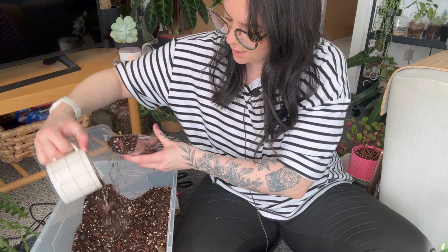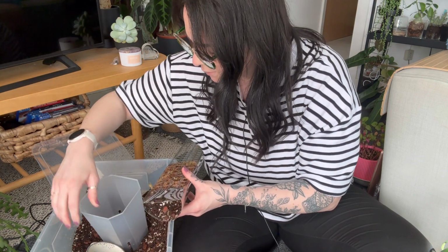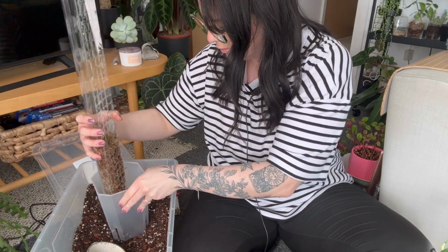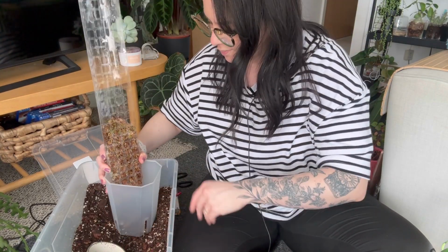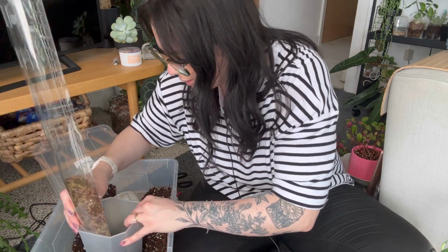This is probably all just going to come out when I put it into the pot, isn't it? And I need some substrate in the pot. Okay, I think that went all right. That did okay. It really did. The moss and tree fern fibre does go a little bit low into the pot for what I wanted, but it's in there now and I'm not going back on it. So I'm gonna put a little bit more of the substrate in to secure the pole,